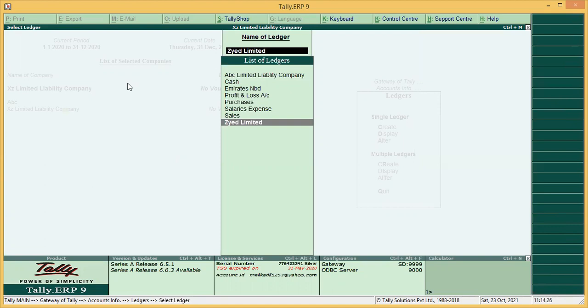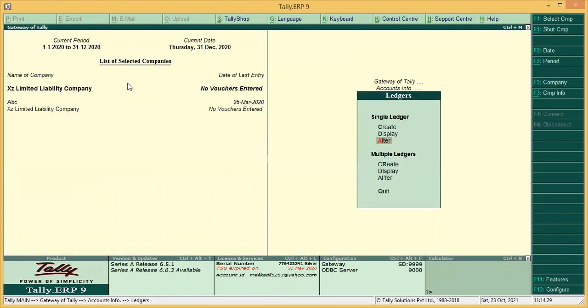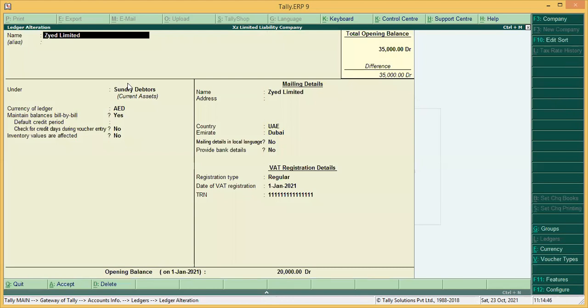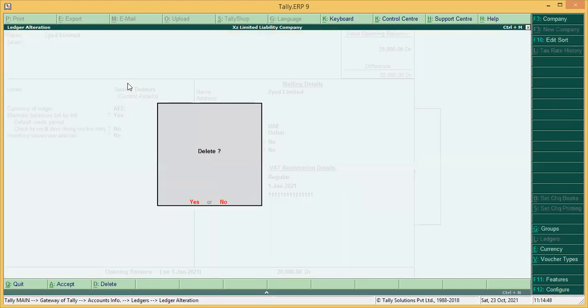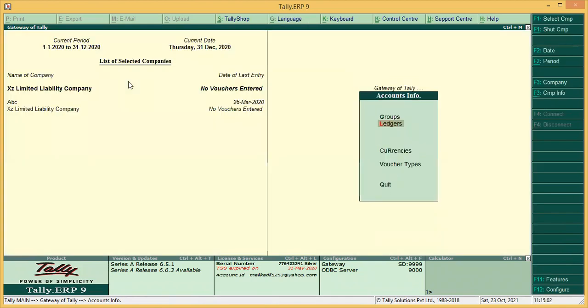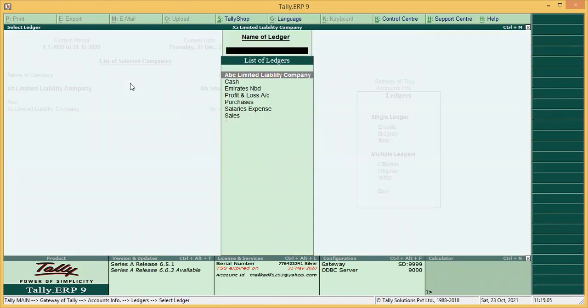Students, here itself, I can guide you in case you have created one of the ledgers and you want to delete it. Say you think that it was not required, you just created it unnecessarily. So what you will do, you will go for alter. Say let me go to this Zayed Limited. I will press Alt D. So once you press Alt D, it will ask you whether you want to delete this one. So you will press yes, so it will allow you to delete. Like this one will be removed from here. Now you can see when I go to ledgers and go to display, you cannot see this account here.